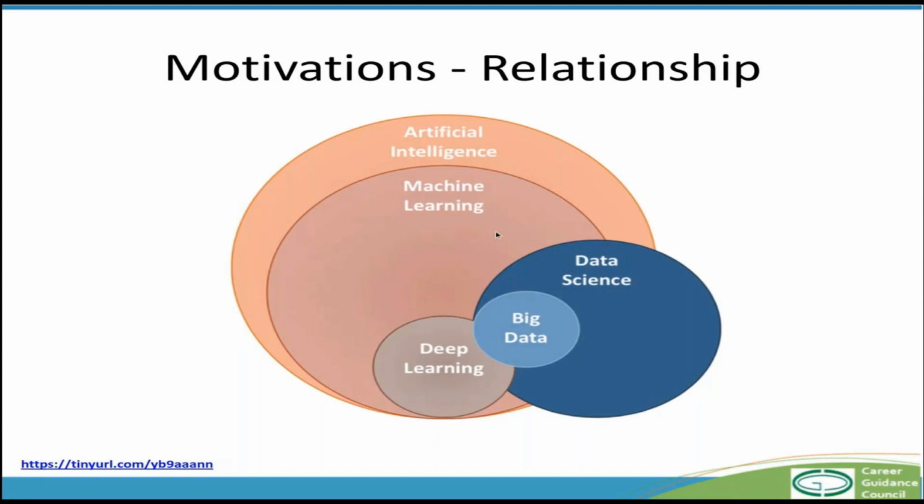So I said three of these terms. I showed quotes about artificial intelligence, data science, and machine learning. But all three of them are heavily interrelated with one another. Machine learning is a complete subset of artificial intelligence as a concept, and within machine learning you have deep learning, which is one of the concepts within machine learning. But data science is at the periphery of this, so it intersects with machine learning and artificial intelligence, but it also has some components which are not necessarily involved in machine learning, and we will see some of those components. And at the heart of all this lies big data.